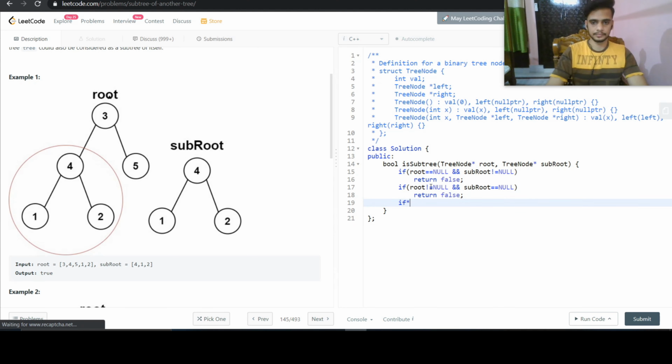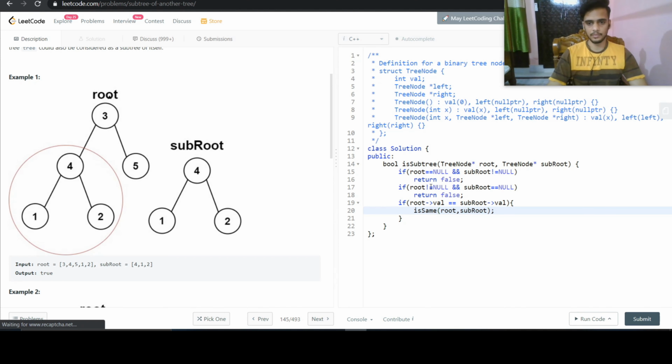Otherwise, if root's value is equal to subroot's value, then we will check whether is same root and subroot.